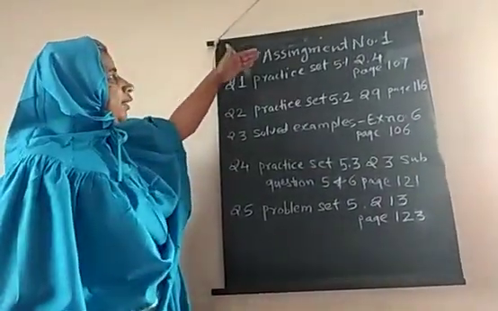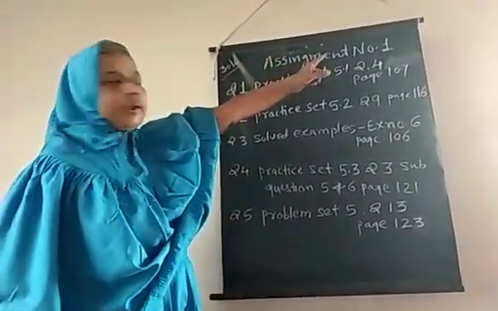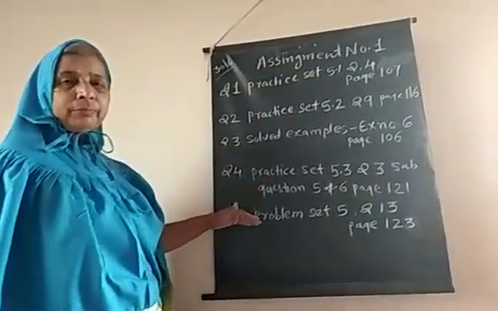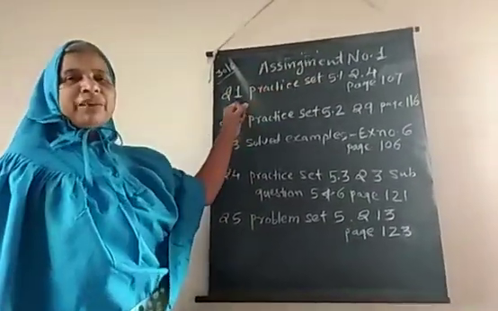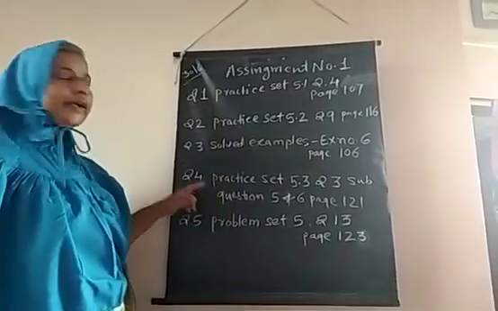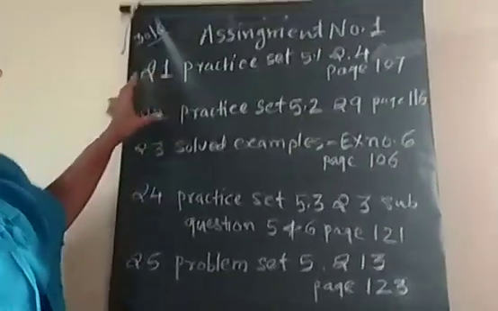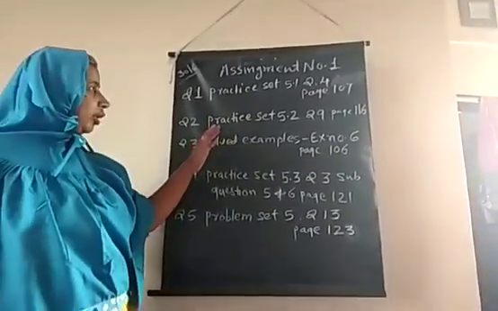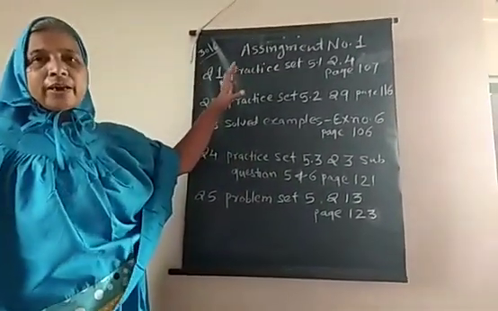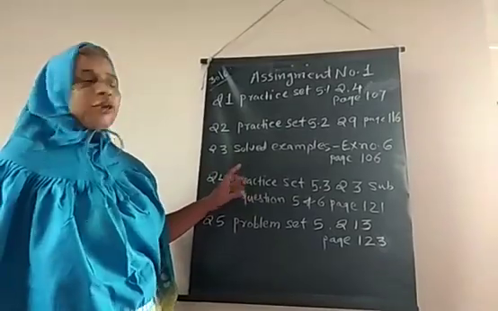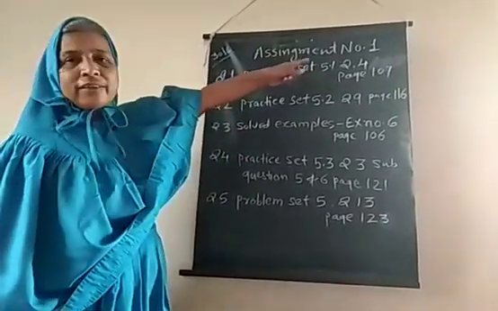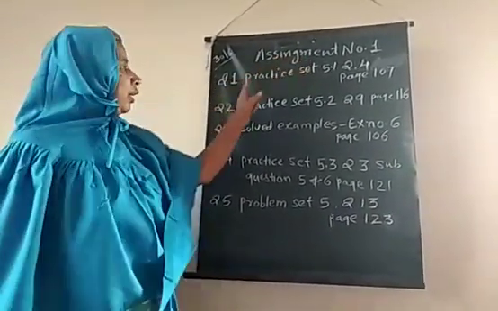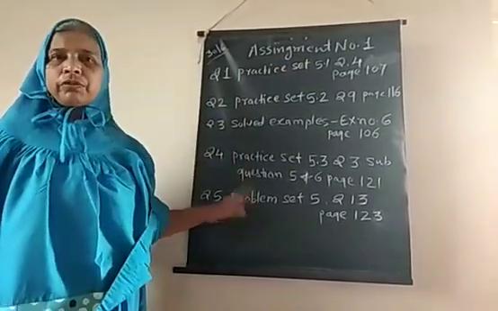Now students, write down assignment number 1. These questions I have given on the board. So please write down these questions and complete the assignment in your assignment notebook. I have already informed you to make a 100 pages long book for assignment. So in that book you write assignment number 1 and solve these questions in the assignment book.